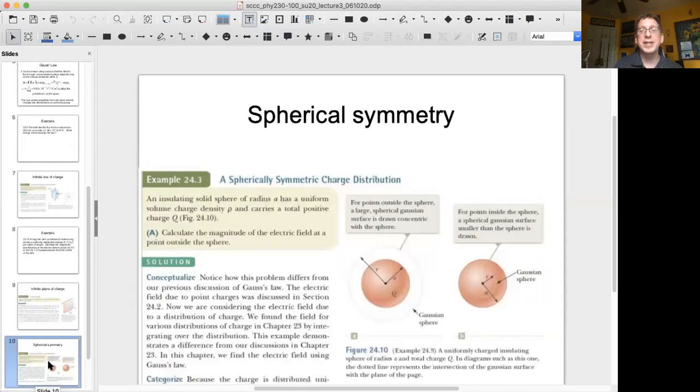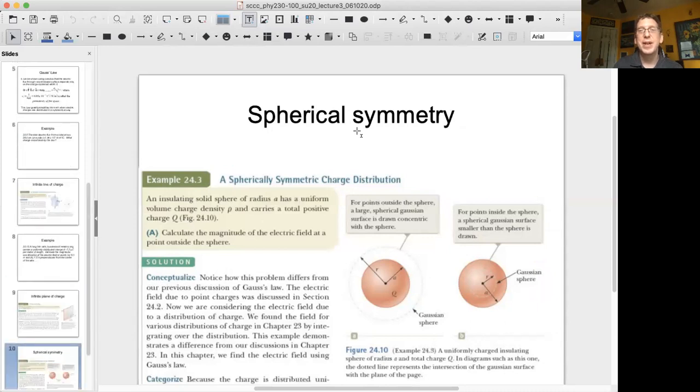And that brings us to spheres. Now, we're not going to go through the integration of the spheres, but we can show how Gauss's law simplifies the problem. So we're going to look at 2 types of spheres to start with. A uniform sphere and a uniform spherical shell. So the uniform sphere